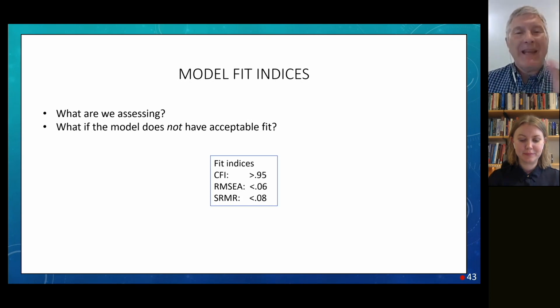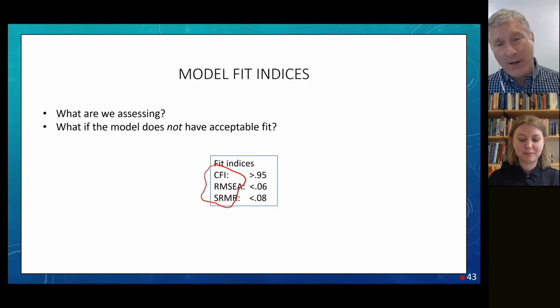And there are many fit indices that we get out. What that means is a lot of people, alive and dead, have proposed ways to characterize whether a model is doing a good job or a model is doing a bad job. We're going to see these acronyms played out a little bit in some software in a bit. I'll say the words associated with them right now: comparative fit index, root mean square error of approximation, standardized root mean square residual, blah, blah, blah.